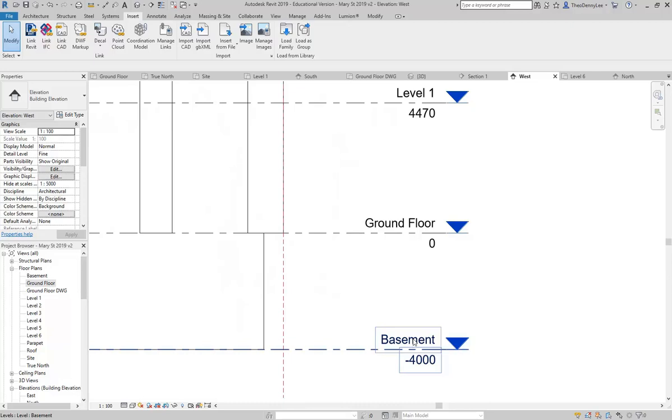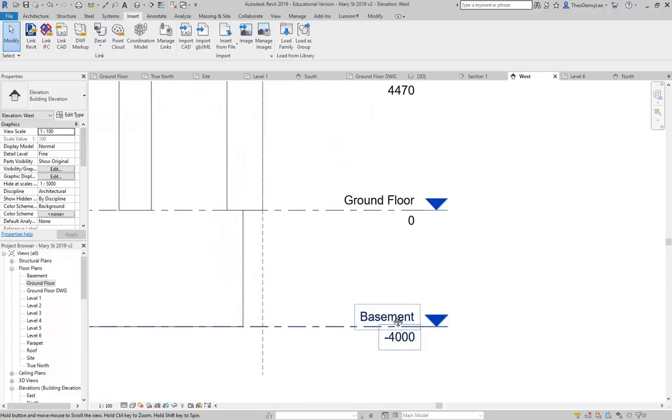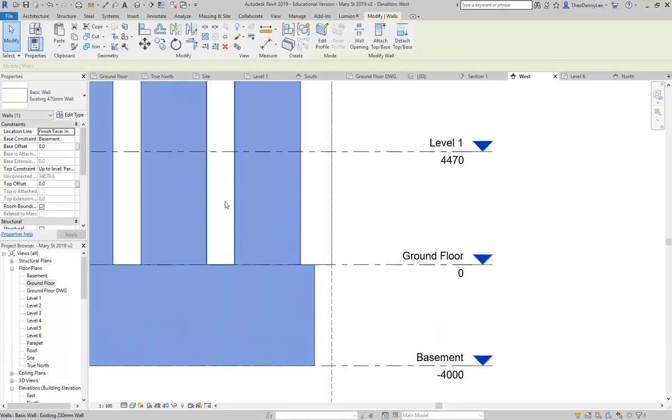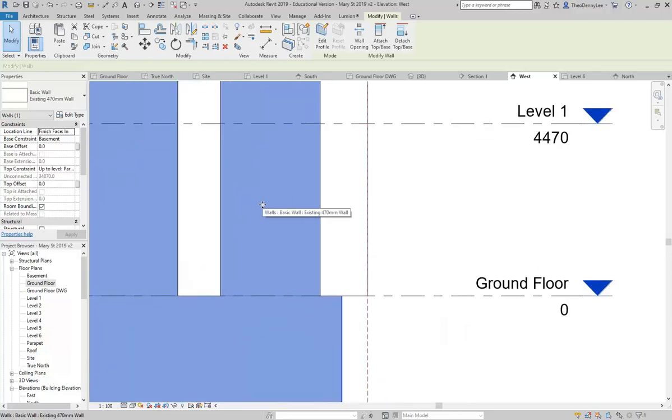And, oh, good, excellent, great. Yeah, so make sure you've got the height there. It's minus 4,000. Great. You'll see why in a second. When you do the opening, it just makes it easier if you take it down to the basement first. Okay, so